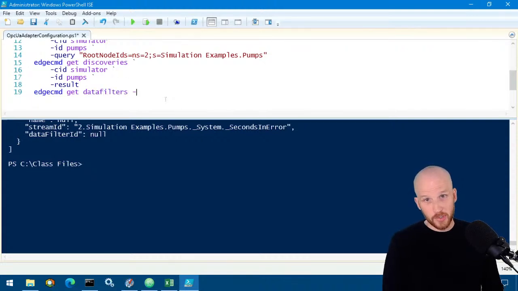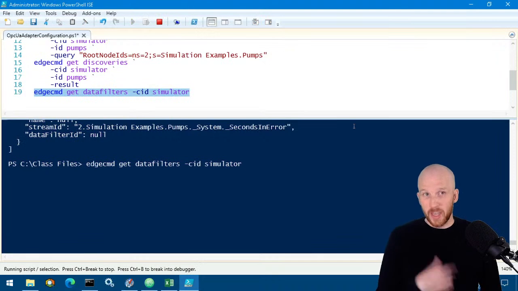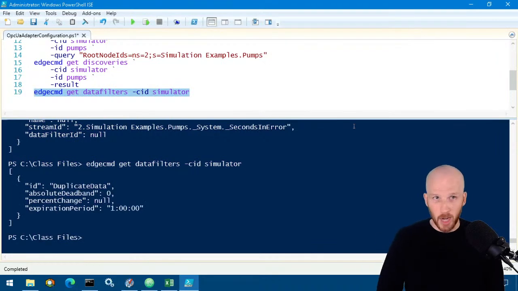Edgecmd get data filters from the component with ID simulator. When you make a new component, it comes with a data filter for free. This one, Duplicate data. It has a deadband of 0 and an expiration period of 1 hour, which means if